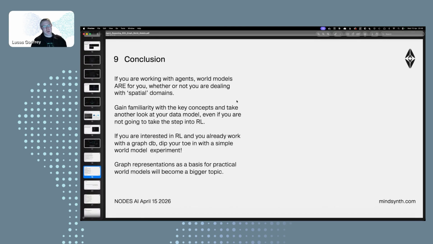So yeah, concluding, if you're working with agents, world models are for you. This is the main idea I want to get across. I'd say get familiar with the key concepts and take another look at your data model, even if you're not going to take the step into RL. I still think it's massively valuable to have this perspective of agents as things that act. We can observe the causal effects of those actions and think more broadly and more deeply about